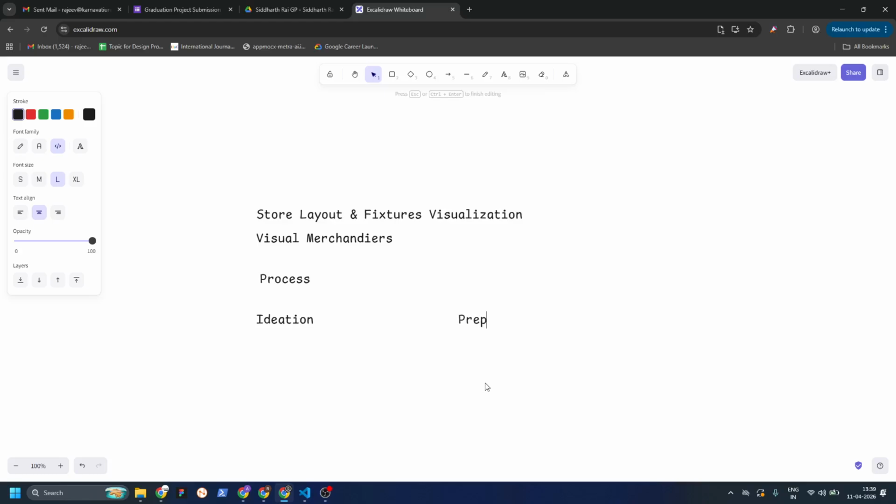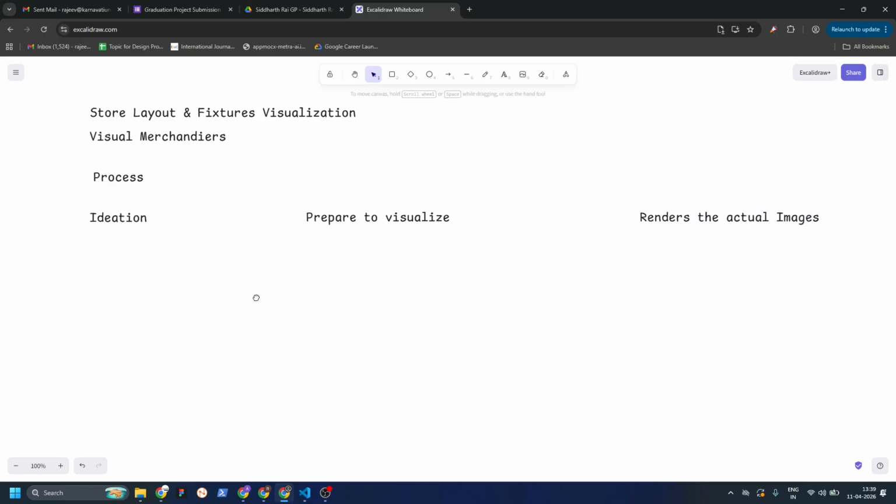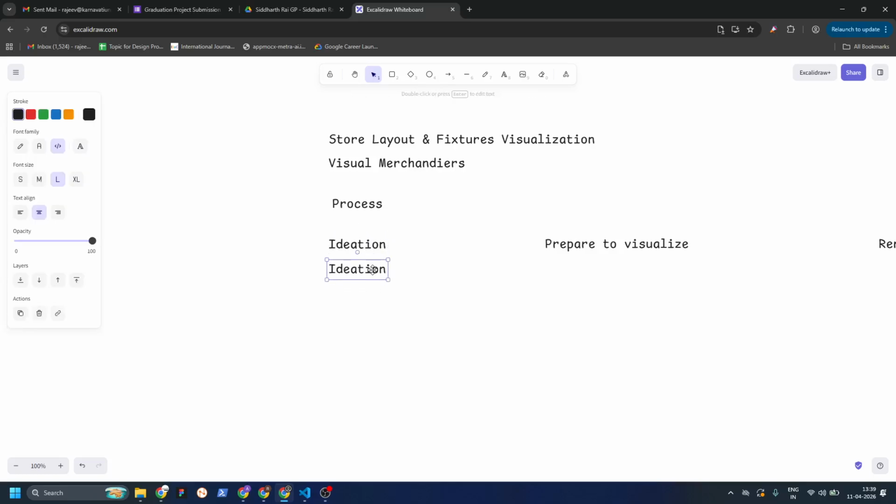Then we prepare to visualize, and the final stage is to render the actual images. Great. So in the ideation stage, what we need is the store layout or tentative